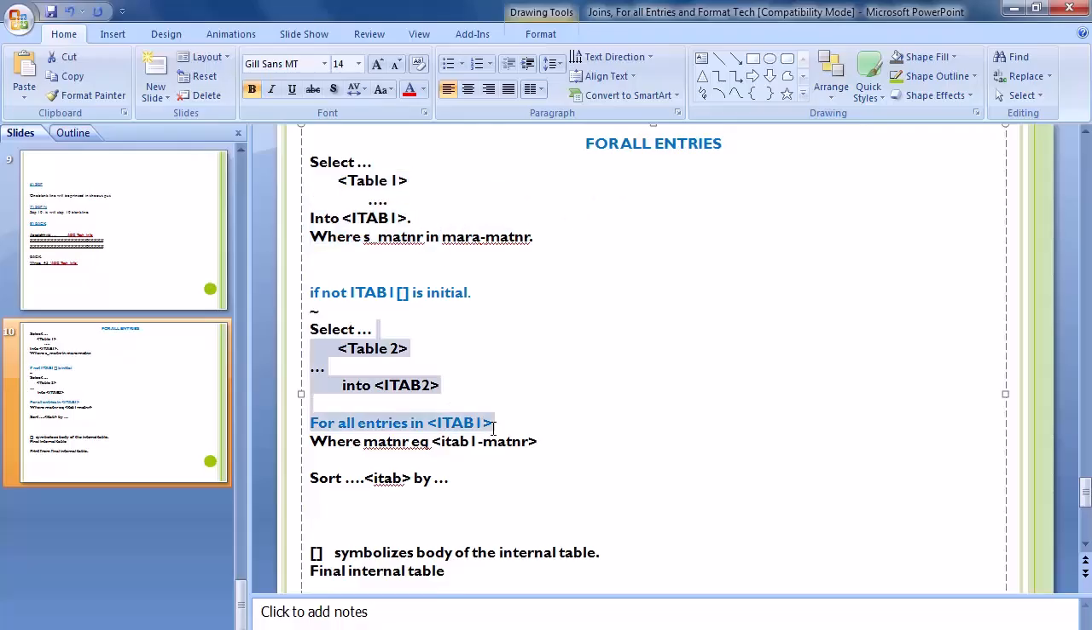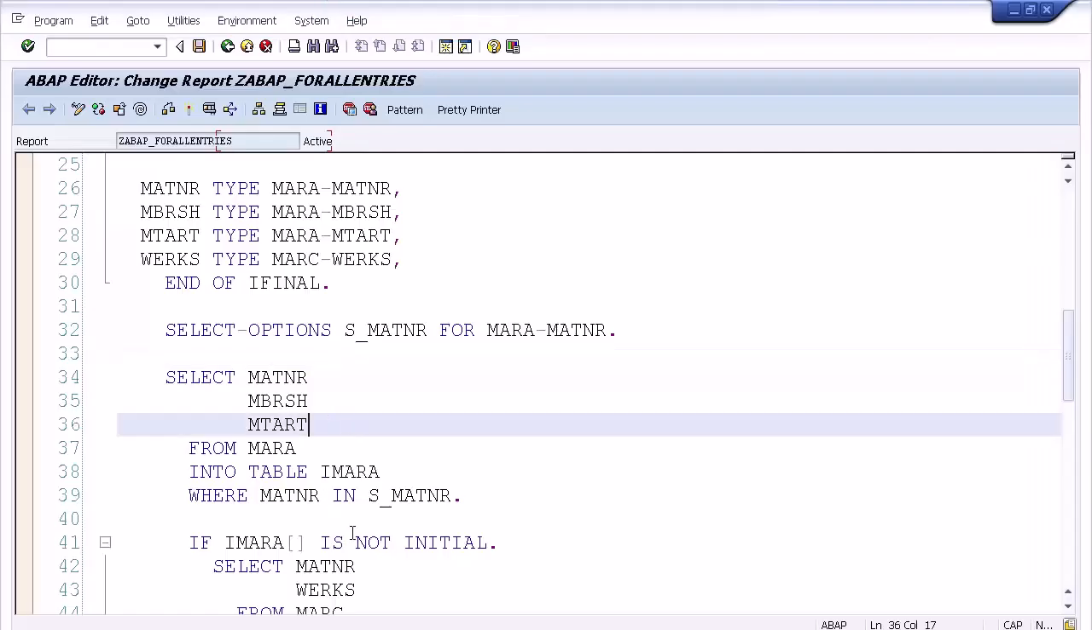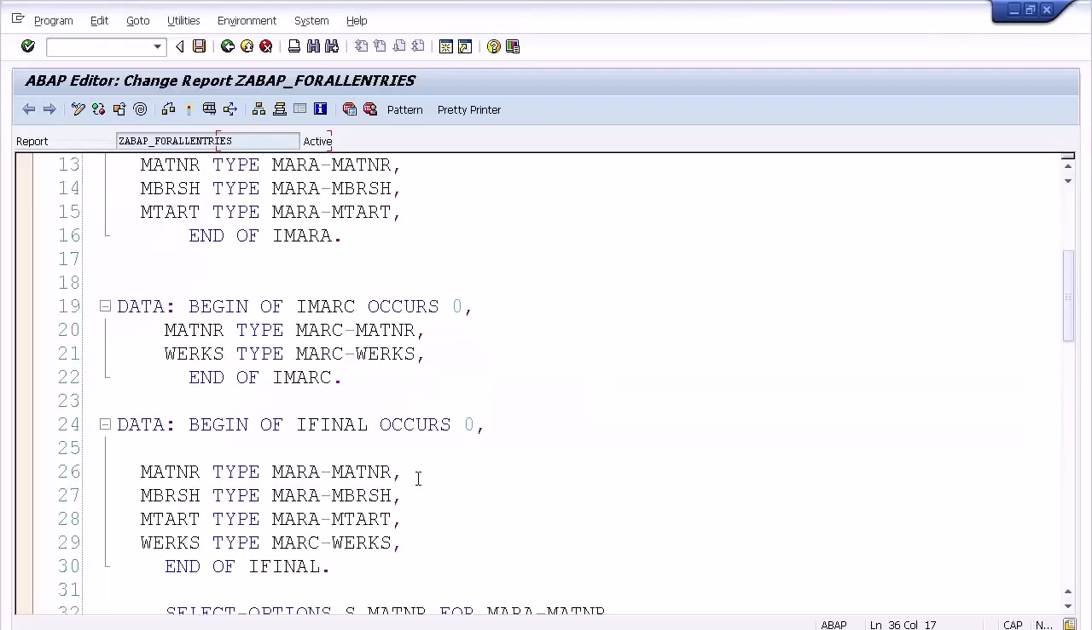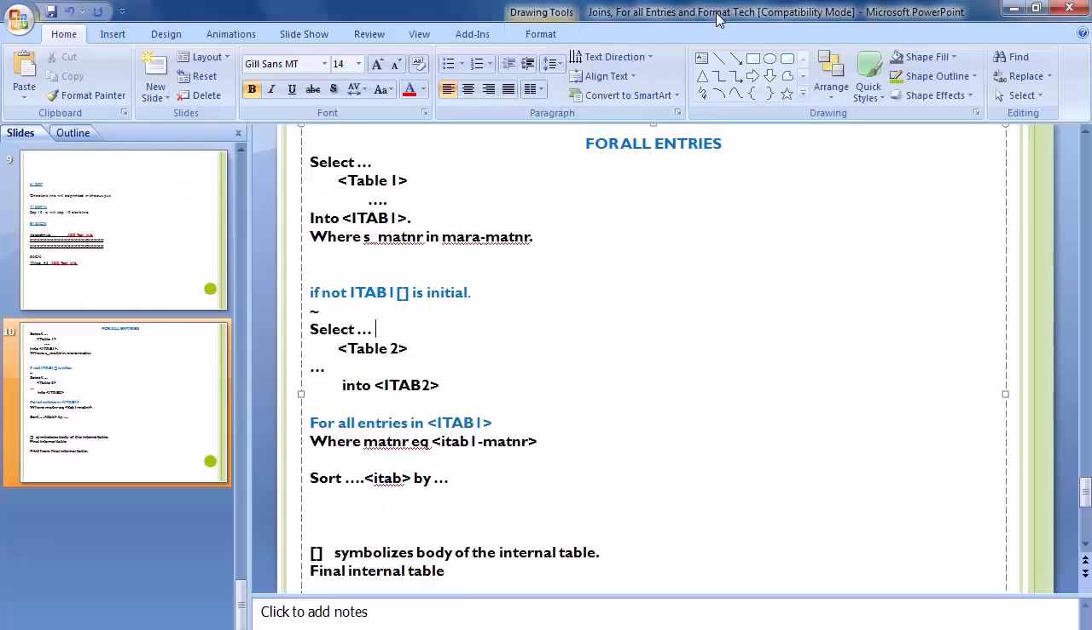You can join 3 tables with inner joins. You can join it and check FOR ALL ENTRIES of the third table. If the third table is a cluster table and the 3 tables are similar, by using joins, the third or fourth table you can check with FOR ALL ENTRIES. Right, this is the example we have done. So for all